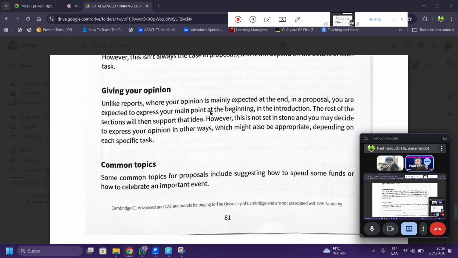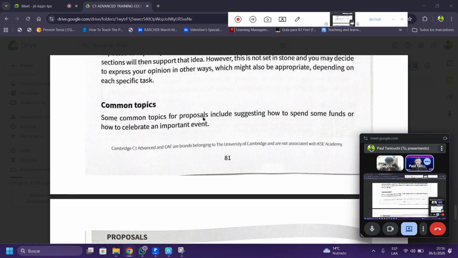The rest of the sections will be the supporting paragraphs for your main ideas. However, you can also decide to express your opinion in other ways. It is also appropriate depending on every specific task.